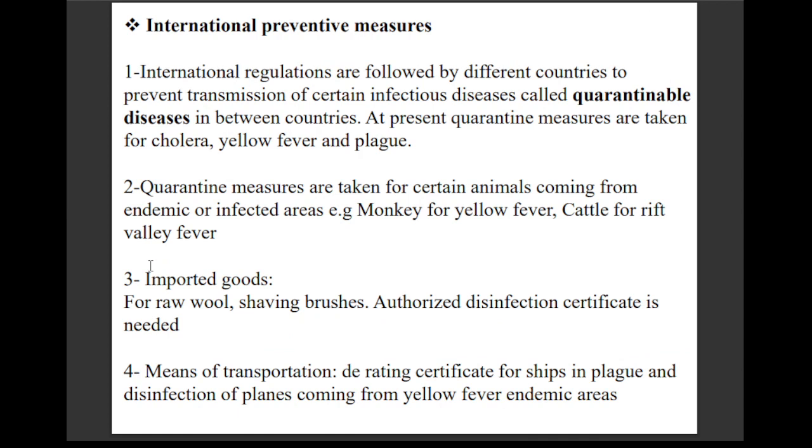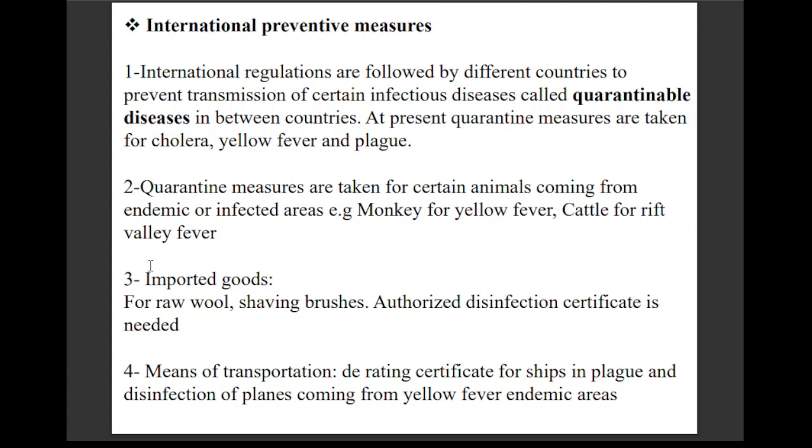Now there are international preventive measures, like international regulations that may be followed by different countries. Likewise, we know that persons who are traveling from infected countries are not allowed to move, or not allowed to land in that particular country. So thanks to this COVID-19, we have learned many things of our curriculum, like what the international preventive measures are, and what the quarantinable diseases are. Suppose a person is traveling from infected countries, where the country is identified as an epidemic zone responsible for causing a particular type of disease, so that type of measures can be taken up by